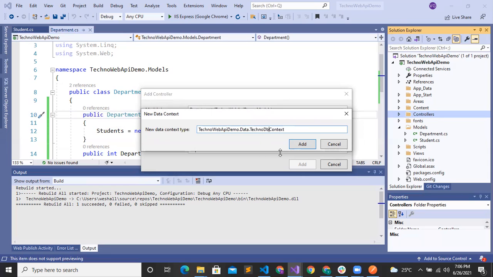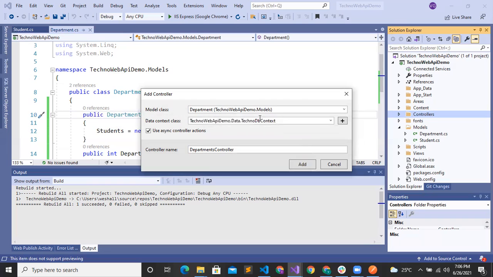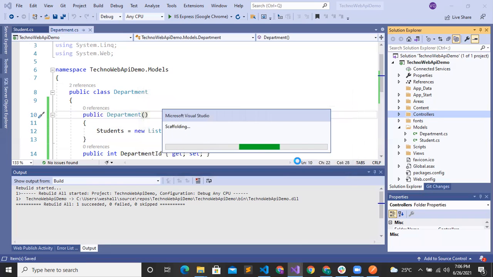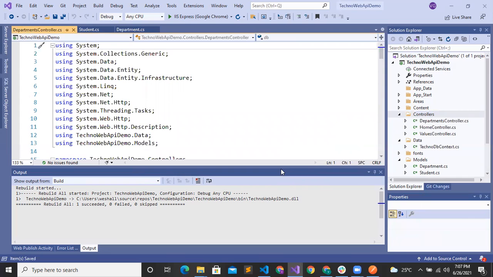DB context, add. Now our controller is created.